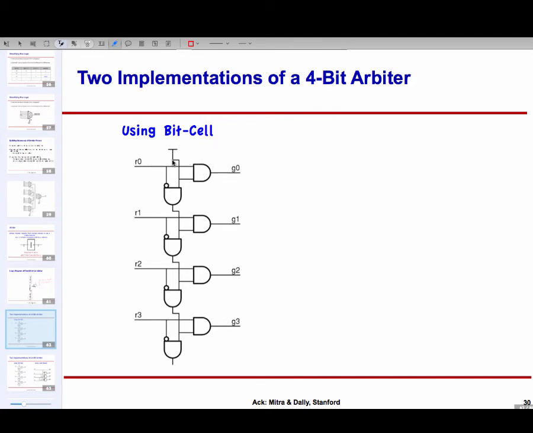This cluster out here is what I have on the previous slide, and I've just repeated that logic. At the very top out here, what we are saying is that no one yet has requested. So actually it should be a 1, because we have the logic the other way around. This should be 1 because no one yet requested. Then each stage decides on the grant and tells the next stage whether anyone has requested thus far or not.